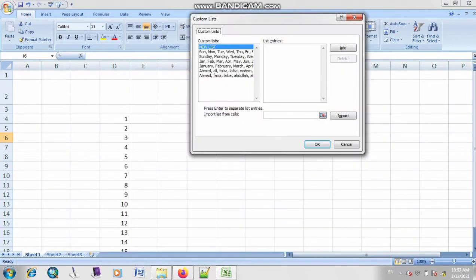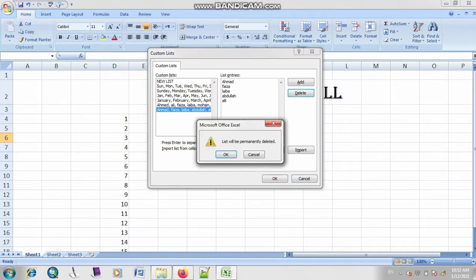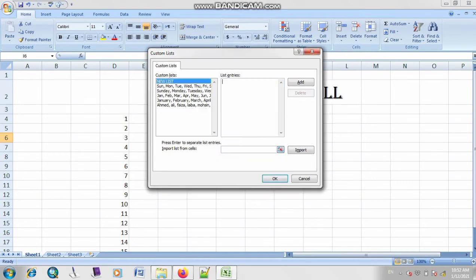So here as you can see, I have multiple lists, Sunday, Monday, and the names of different students. So I'm just going to erase it right now, and I will type a new list name. For example, let me say in my list there are different students and the names are Ahmad, Fatima. What you have to do, you just have to type your name, comma, Fatima.